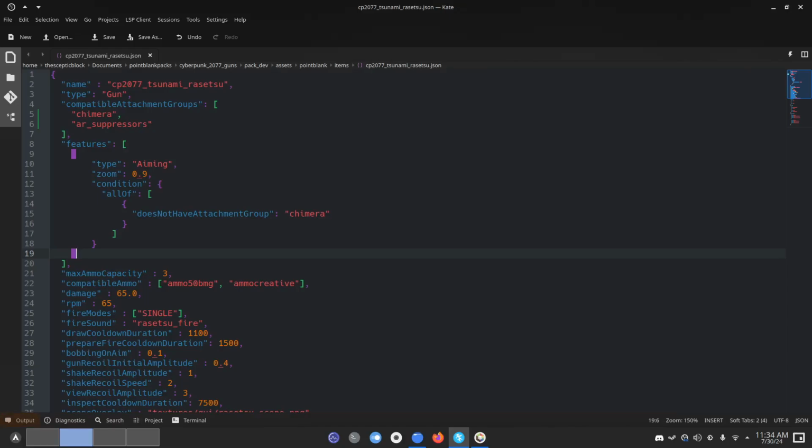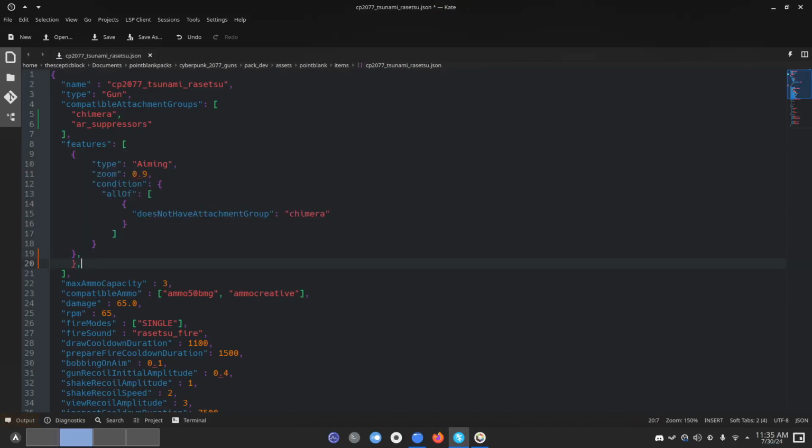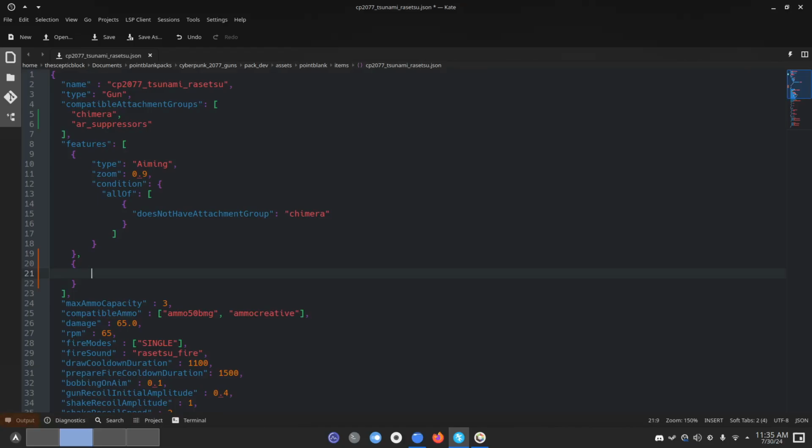If you don't already have anything under features, or if you haven't created the features, you just do, in quotation marks, features, colon, space, and then a square bracket. Two square brackets, one for opening, one for closing, and then a comma after. And then inside the square brackets, you'd want to create two curly brackets. New line. We're going to type, sound,